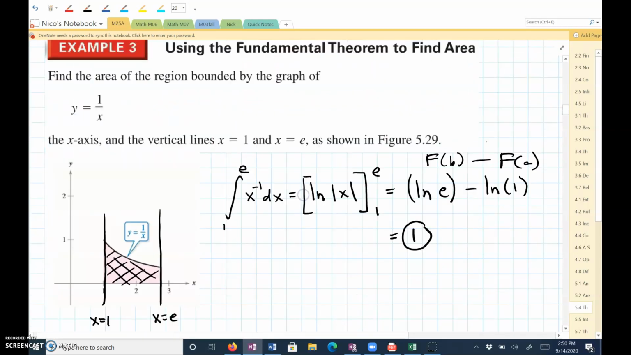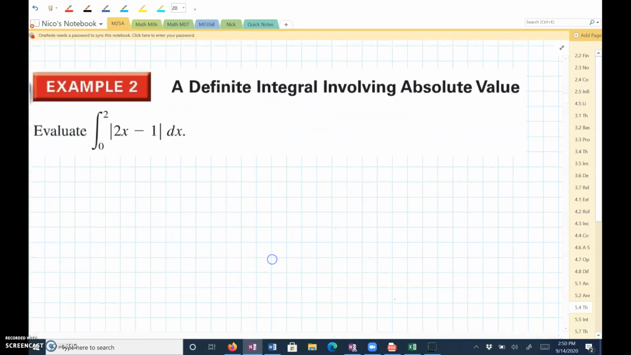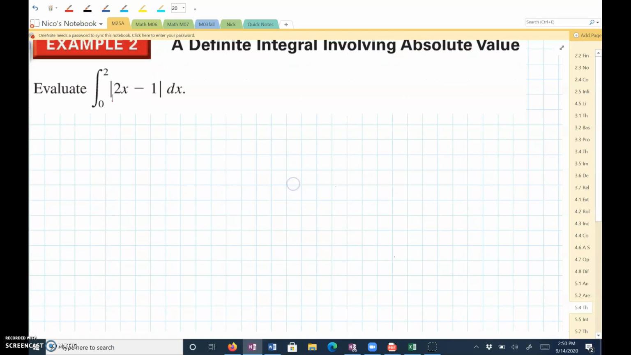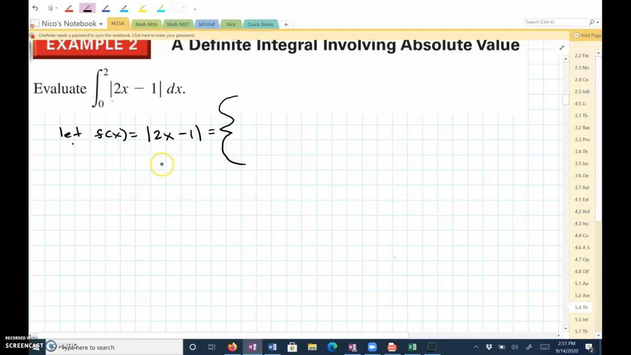All right, let's do example 2. Okay, evaluate this. To evaluate, it's really hard to take the integral of an absolute value function. So I'm going to say, let f of x equal the absolute value of 2x minus 1, and then let's let this equal a piecewise function where